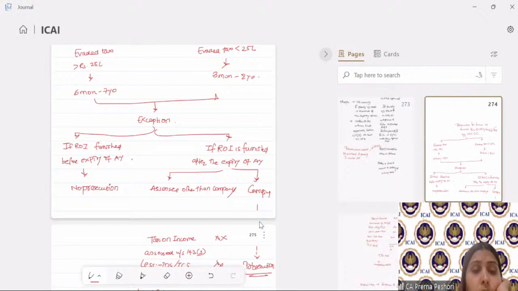A legal representative is one on whom the estate has devolved if the person has died. Now, for the purpose of income tax, the legal representative is liable to pay the tax which the deceased would have been liable to pay, in the same manner and to the same extent. So if the deceased has died, the legal representative would be liable to pay the tax.